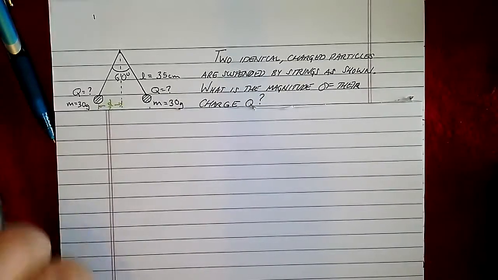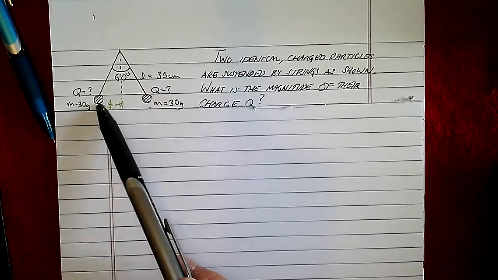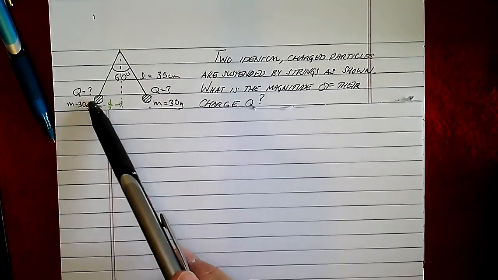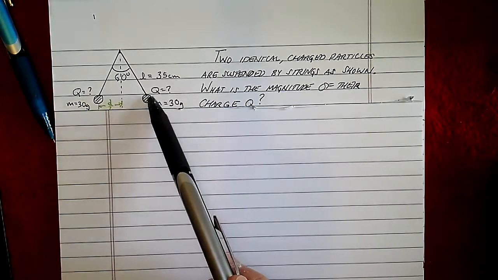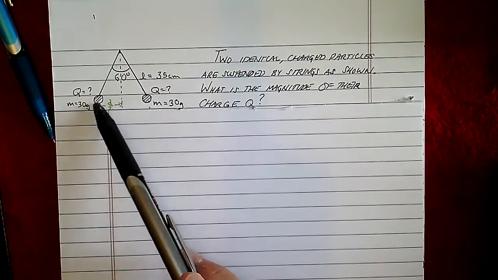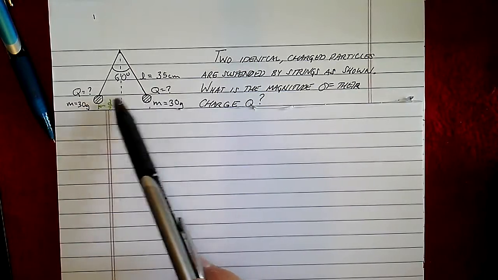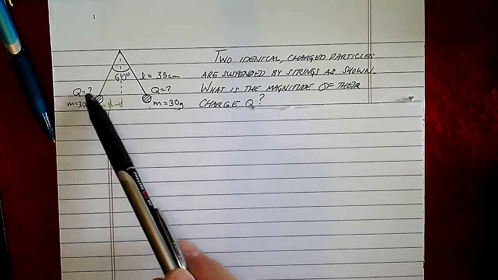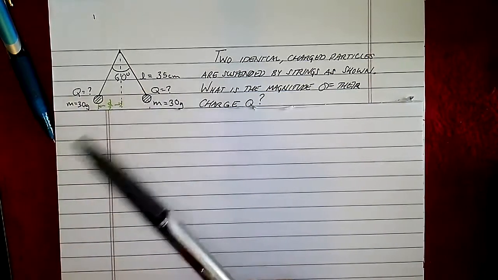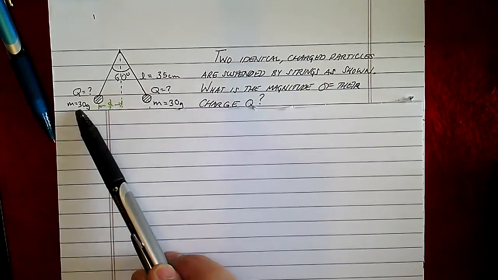Turn to my document cam. So here's the problem. We have two essentially point charges. In other words, we're going to pretend these particles are way smaller than the distance between them. They're identical particles, meaning they have the same mass, and they're identically charged. So they both have a charge that I call Q, but we don't know what that Q is. Their mass is 30 grams,